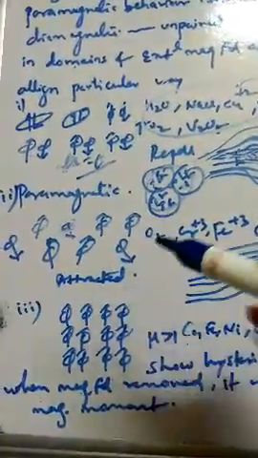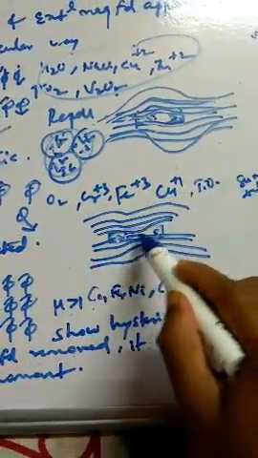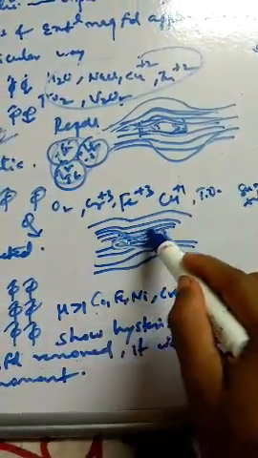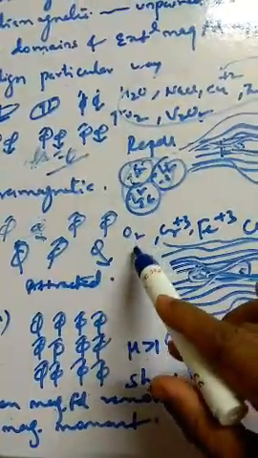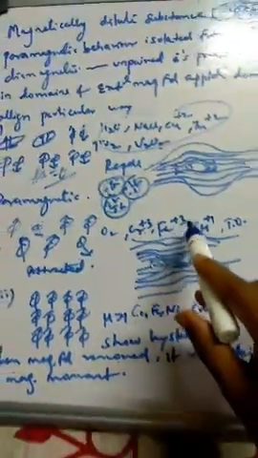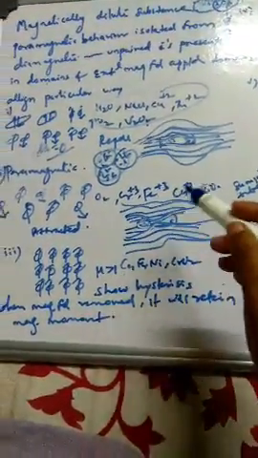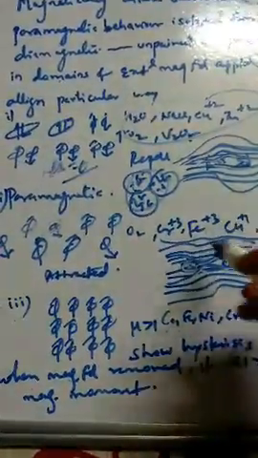You can see that they are attracted to the magnet. This one is repelled. Here north, south, this is a magnetic bar, and when you pass this, you can see they are attracted, coming near to the magnet. Examples of paramagnetic substances are oxygen, Cr3+, Fe3+, ferric, copper, titanium oxide. When these substances are placed in a magnetic field, they get attracted to the magnet. This is the substance we call paramagnetic.